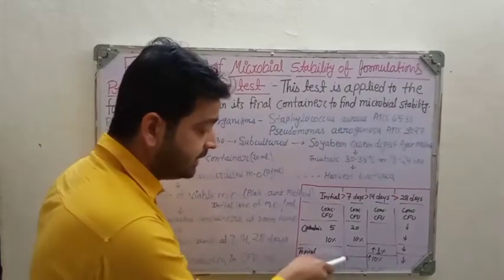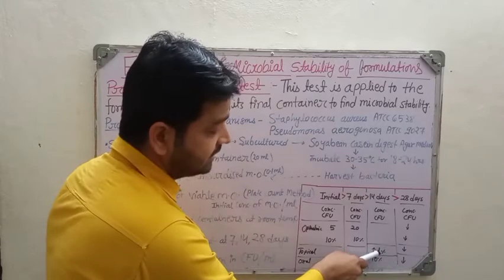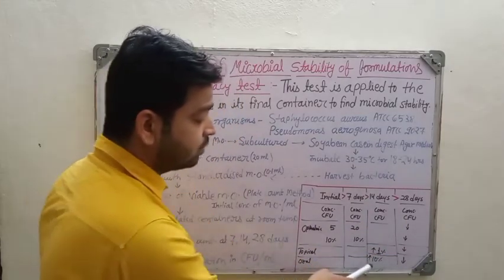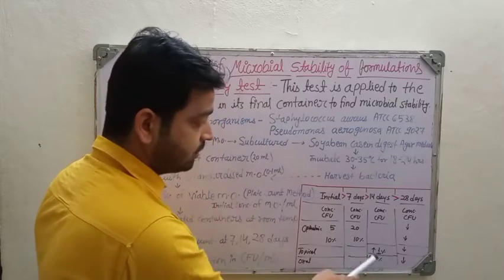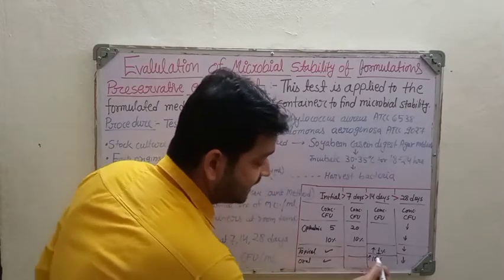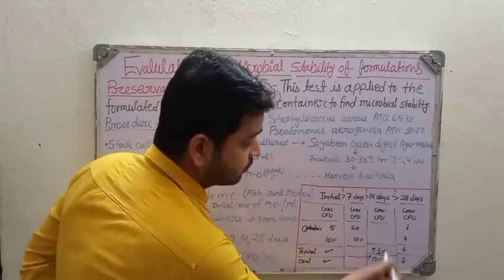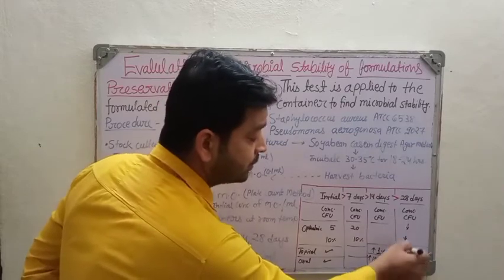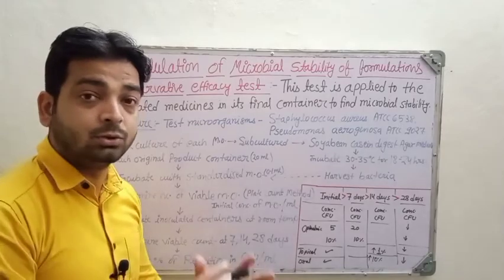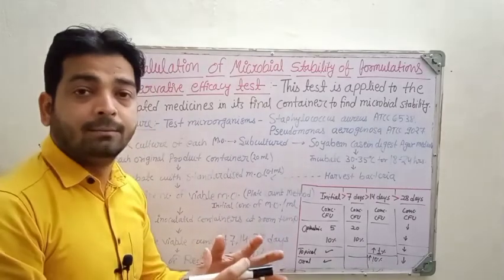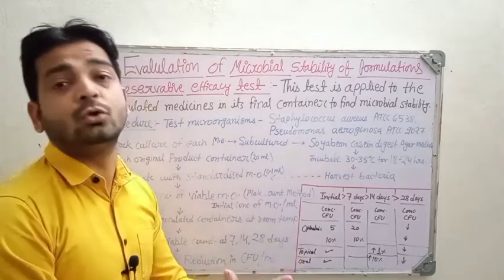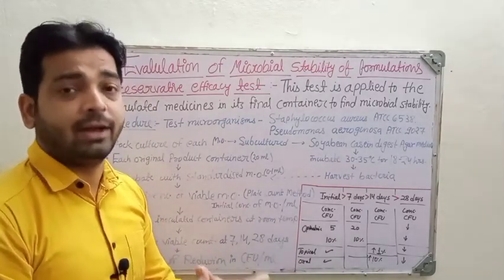Coming to the topical, here it will be more than 1% at the 14th day, and at last it is also going to decrease. In oral also more than 10% of the initial volume, right, of the initial volume. What is the initial volume we have taken? In that it will be more than 1%, it will increase up to 14 days, and at last it is going to decrease if your preservative is working, or is able to inhibit the growth or kill the microorganism present in the sample which you have subjected to incubation after adding the standardized microorganism, right?